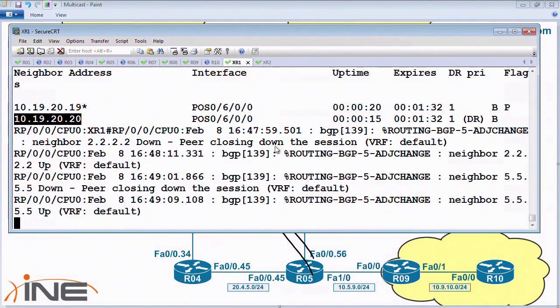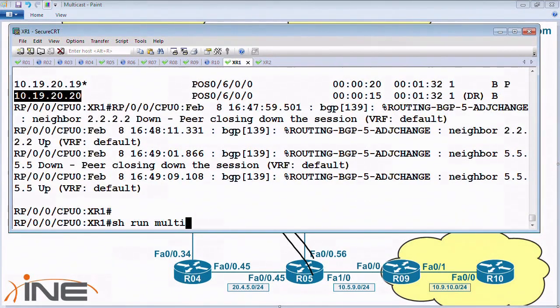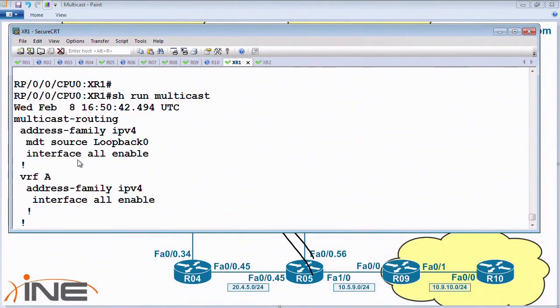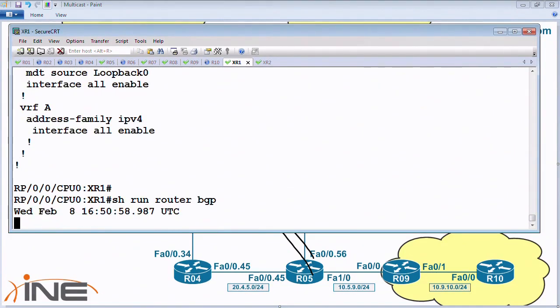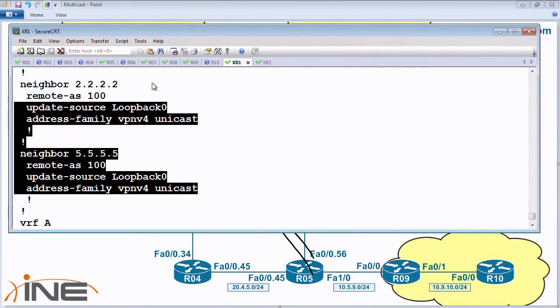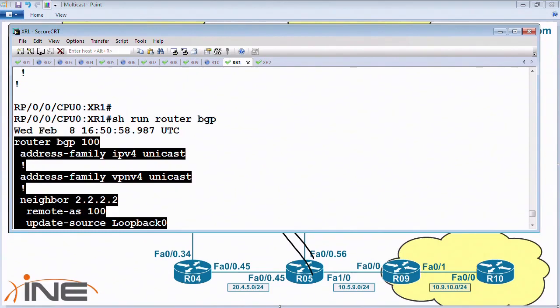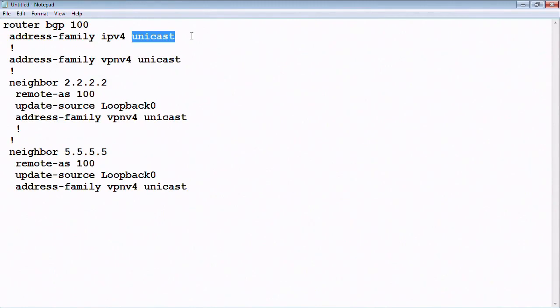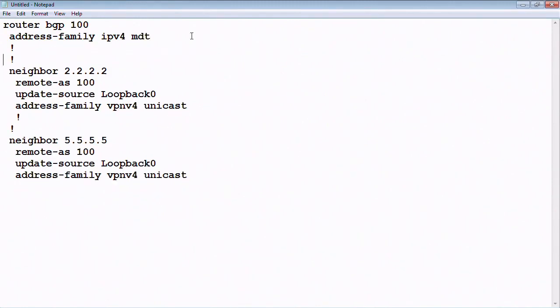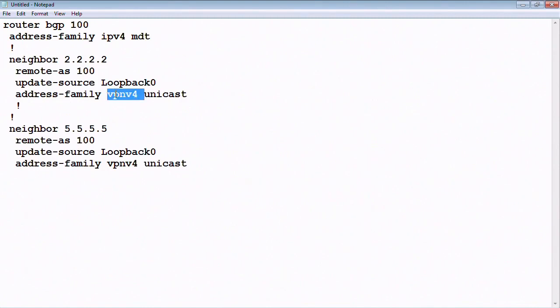So then our next step would be on XR1. If we look at the show run multicast, we have the address family enabled for both VRF A and for the global routing table. Next step then is under the BGP process to turn the MDT on. So if we show run router bgp, basically the same config that we have here that's activating the neighbors for VPNv4, we're now going to do this for IPv4 MDT. So address family ipv4 mdt is going to be enabled globally. Then router 2 is an IPv4 MDT neighbor,